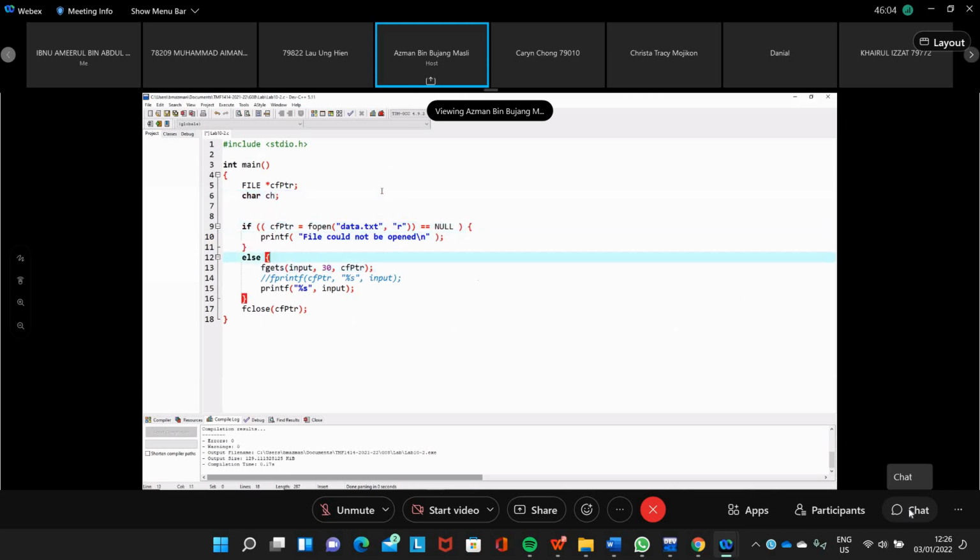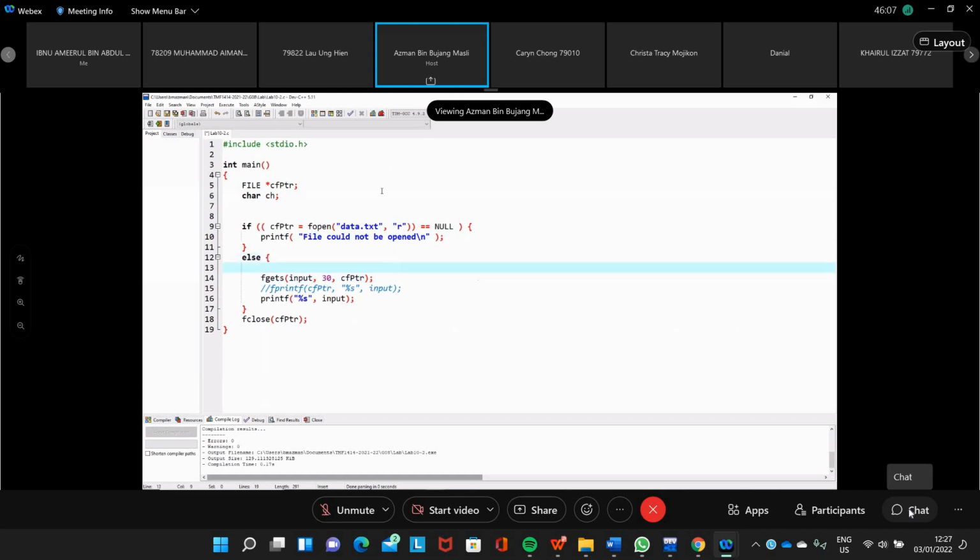So this one is actually get character, it's a bit different. We assign it like this instead of get string. For get string, we don't assign to the variable, but the variable goes into the parameter of the function.